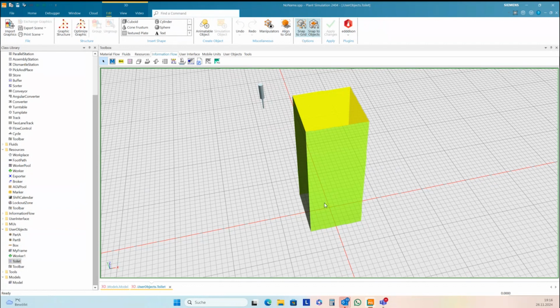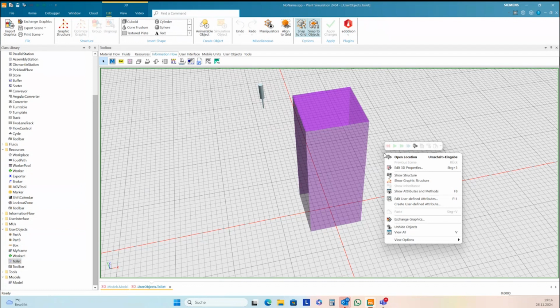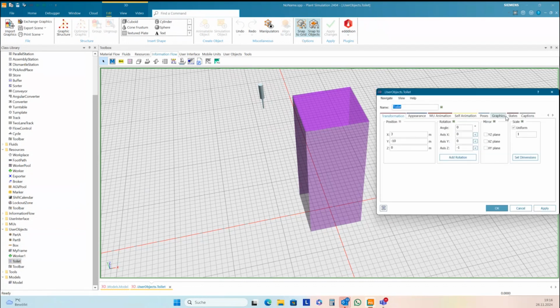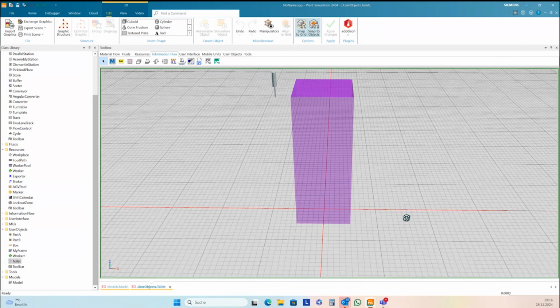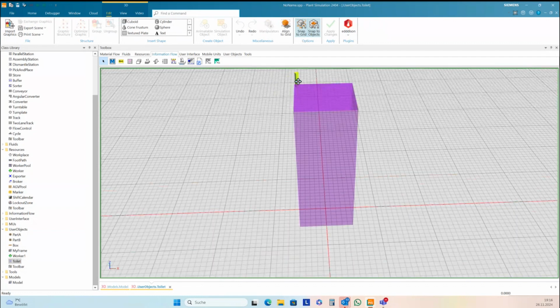And I want to place it over the workplace, and so I need to change here the 3D properties of the graphics. This shouldn't be an obstacle for the worker. He should be able to go in, and so it's a non-obstacle for the worker. So this is my toilet. I can here move the light, so you'll see it's occupied and walking.